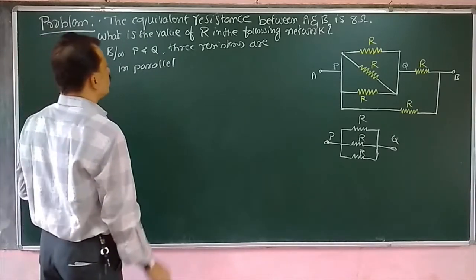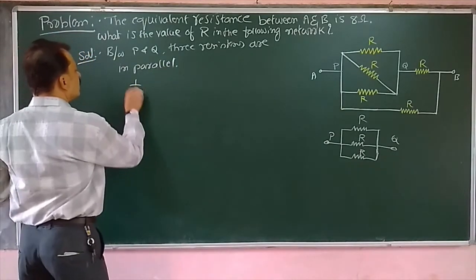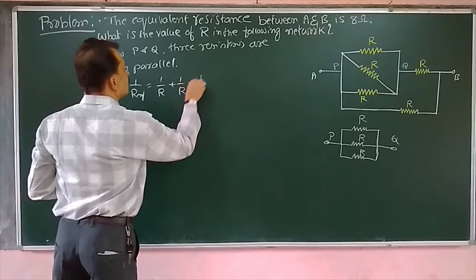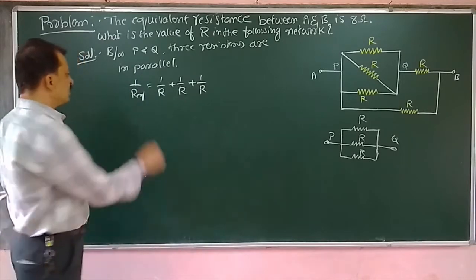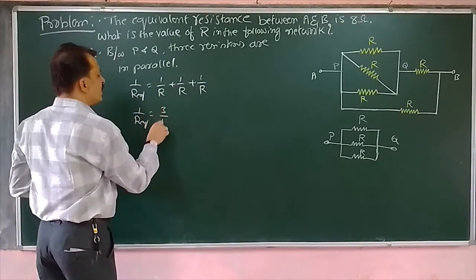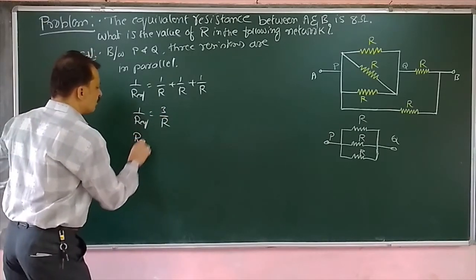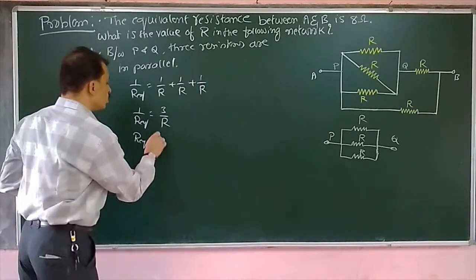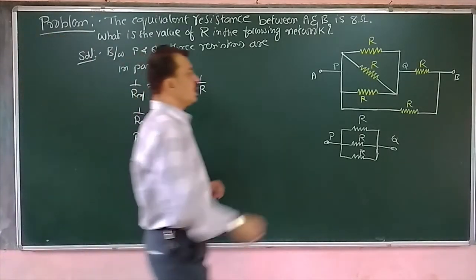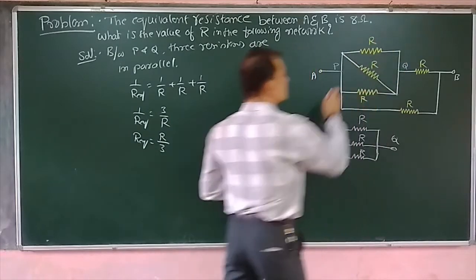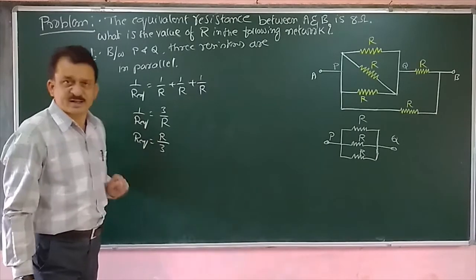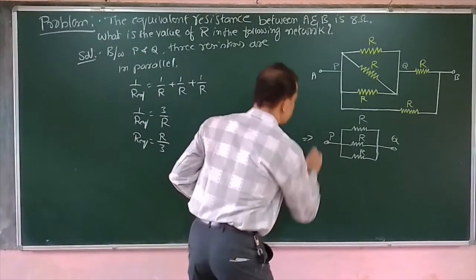Therefore, their effective resistance: 1 upon R equivalent is equal to 1 by R plus 1 by R plus 1 by R. So 1 by R equivalent is 3 by R, or R equivalent between the terminals P and Q is R by 3. Now I am replacing all the 3 resistors by a single resistor of resistance R by 3. Next the circuit reduces to,